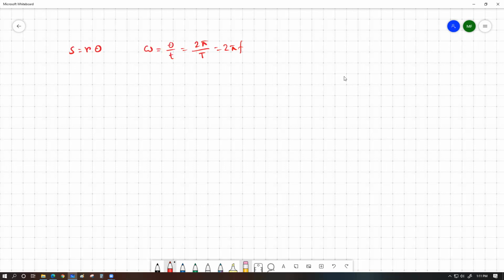As for the formula part, we have also seen that centripetal acceleration is given by v square divided by r, which can also be written as omega square r. So this is the same formula for the centripetal acceleration. And what we have also seen is that the centripetal acceleration of an object